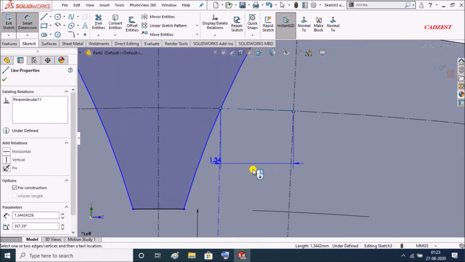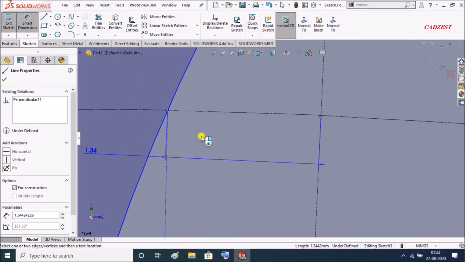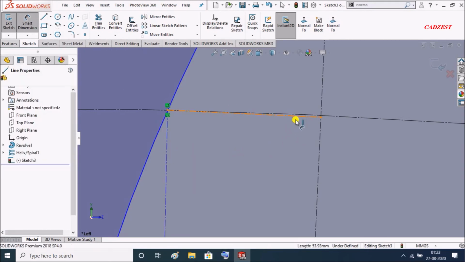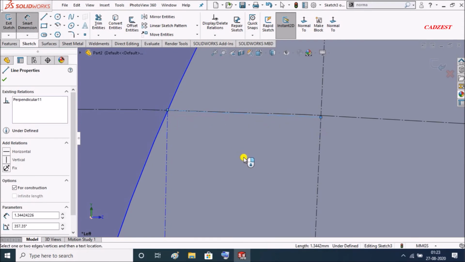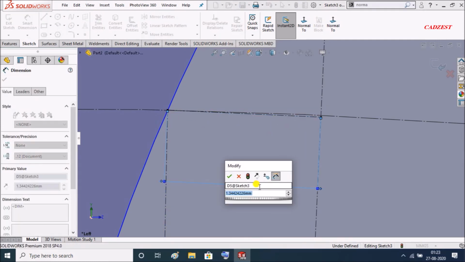Just keep dimension to this line, .2457.